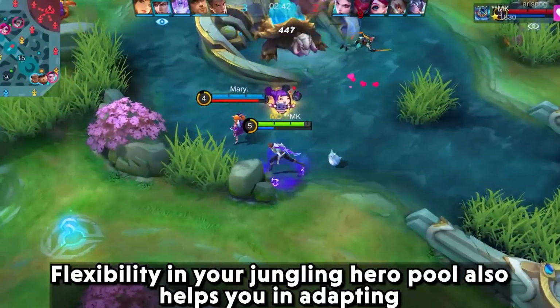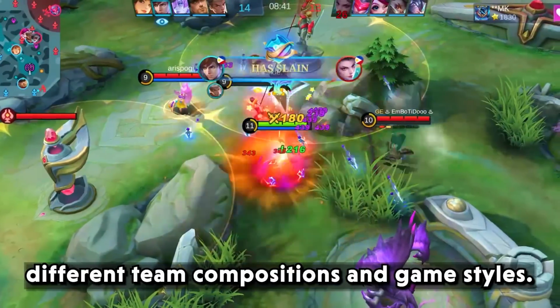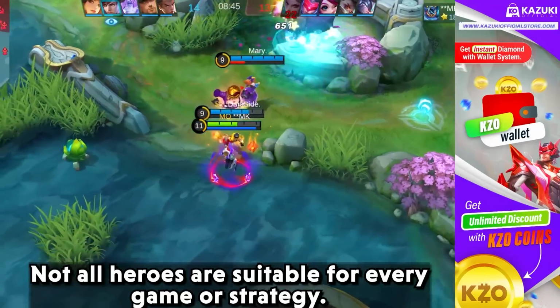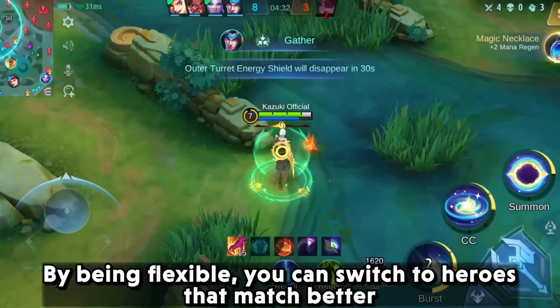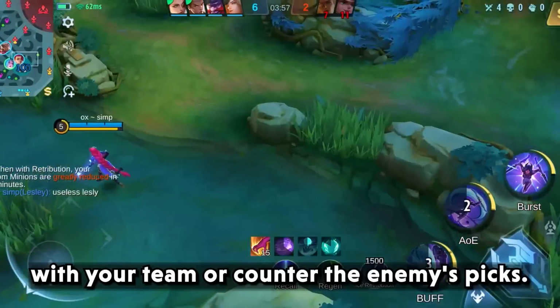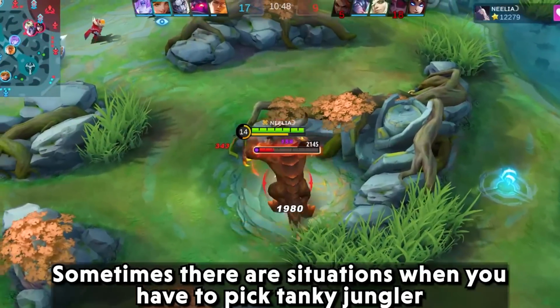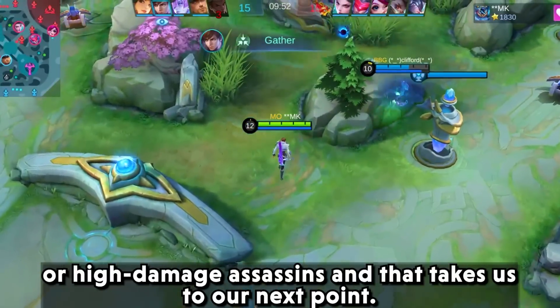Flexibility in your jungling hero pool also helps you in adapting to different team compositions and game styles. Not all heroes are suitable for every game or strategy. By being flexible, you can switch to heroes that match better with your team or counter the enemy picks. Sometimes there are situations when you have to pick a tanky jungler or high damage assassins, and that takes us to